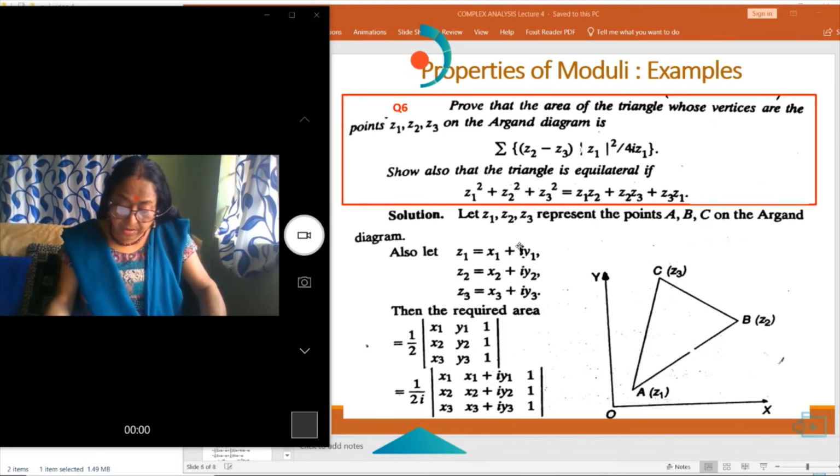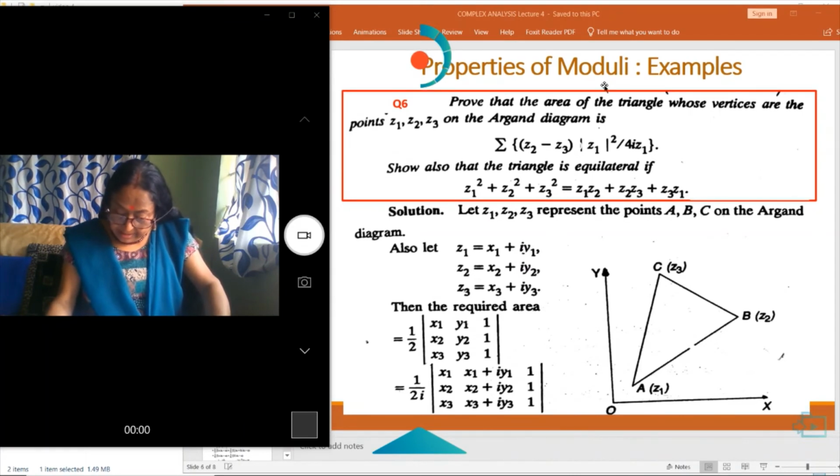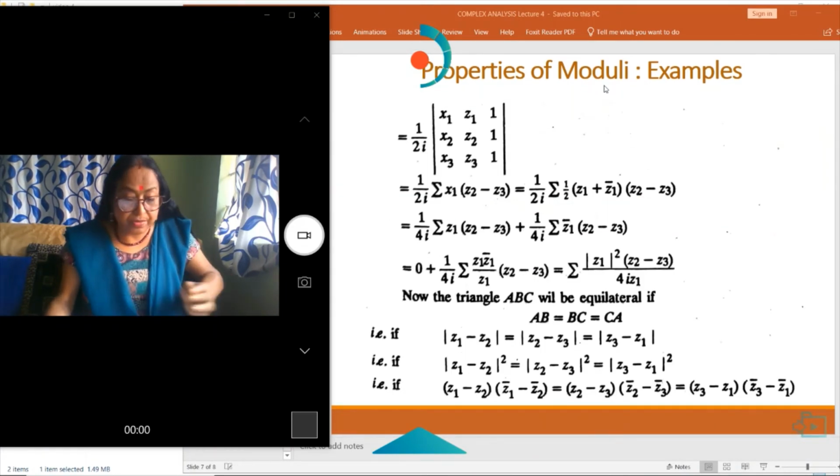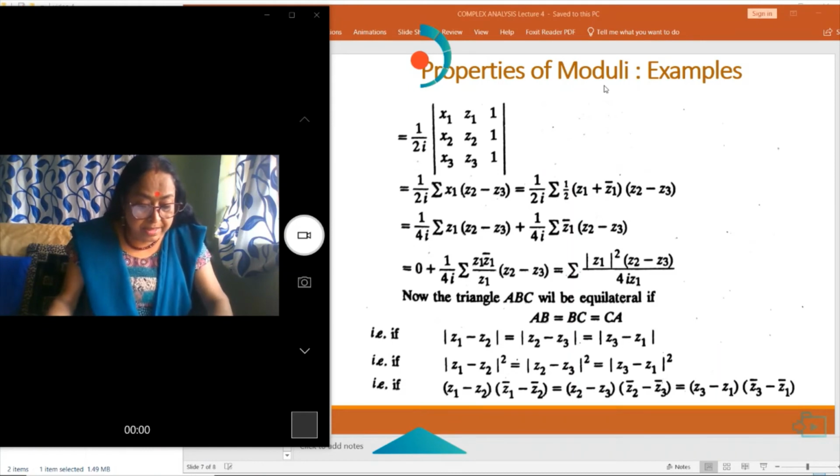multiply the second column by i, then we have to divide it by i. So 1 by 2i is equal to x1 plus iy1, and so on, as seen on your screen. So calculating this, we can get whatever you can see on your screen. Now, if the triangle ABC is